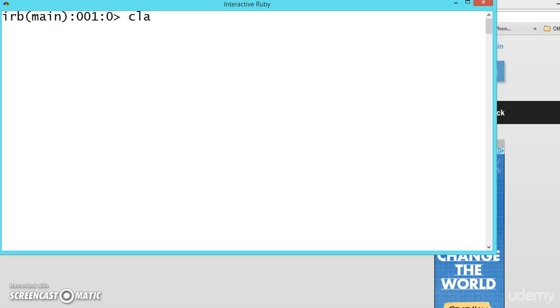Let us see. Let us create the same class called student, and now def, and we have to write the name initialize. The constructor method is used to initialize. Now we can give name and age.